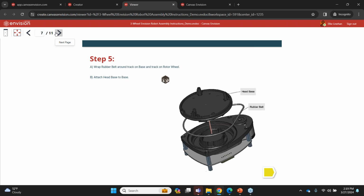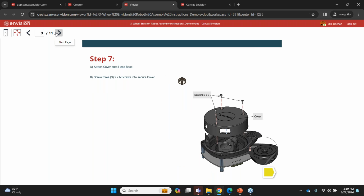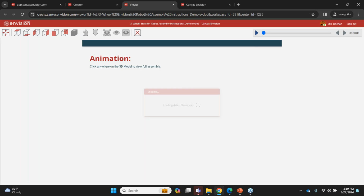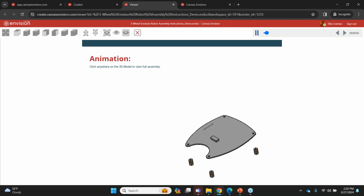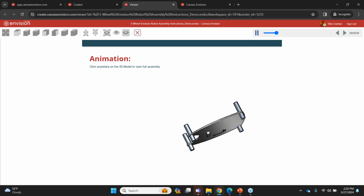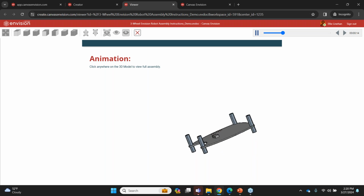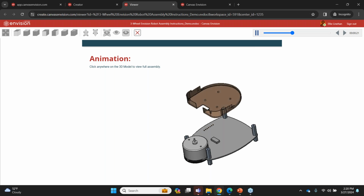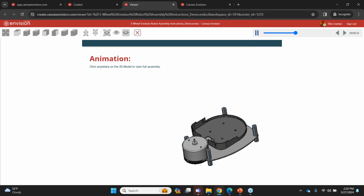And as we go throughout, we'll just see again, this is slowly assembled with some text, some 3D labels. And then finally, I want to show an animation. We have a lot of people coming to us looking for animated work instructions to enable a younger workforce who has a high expectation around visual content, being able to understand something quickly and visually. And we think that our 3D animations provide this quick snapshot and understanding of how an assembly sequence should be